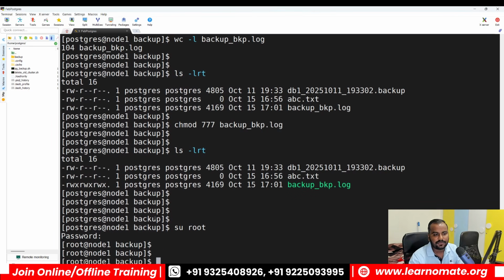Now I got logged in with root user. Now let's take an example. I want to change my owner. For this file, the current owner is Postgres and current group is Postgres only. If I want to change the owner as well as group, for that there is a command called chown, and